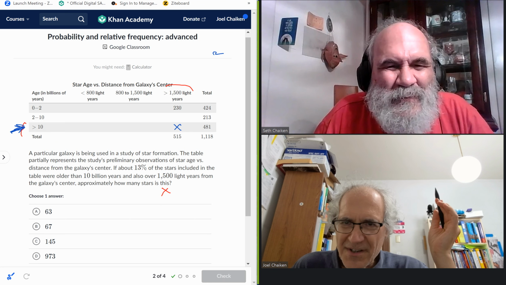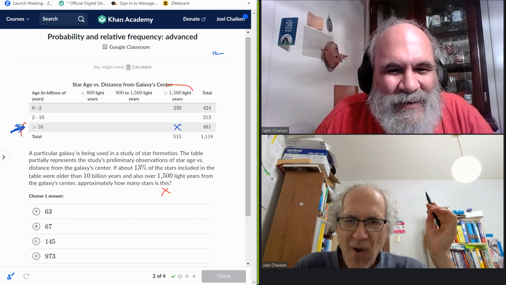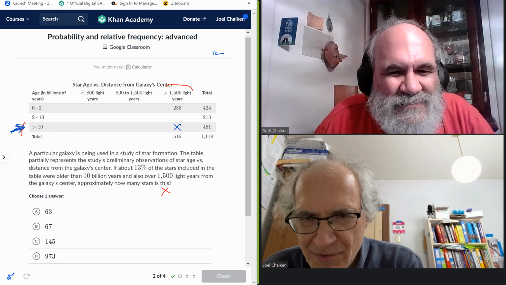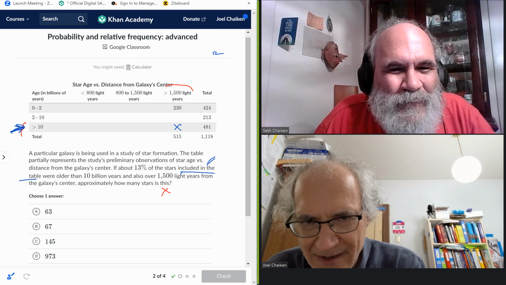Yes. That's 13% of 1118. Wait, maybe I'm going too fast. If 13% of the stars included in the table, fine. You see the words "stars included in the table"? We can replace that with